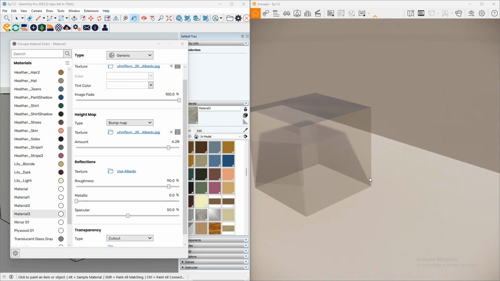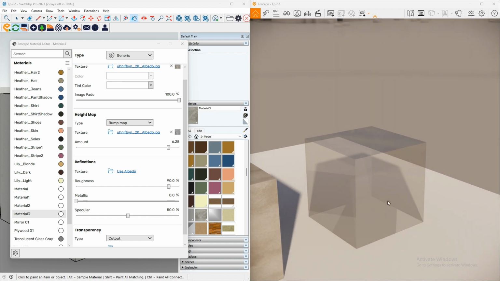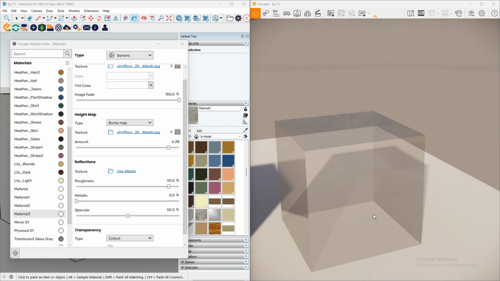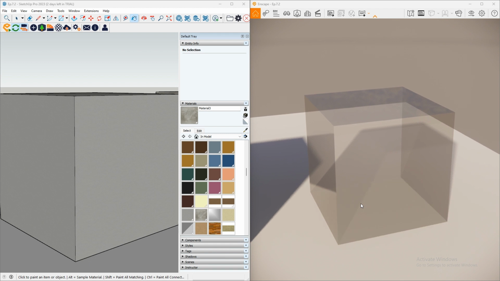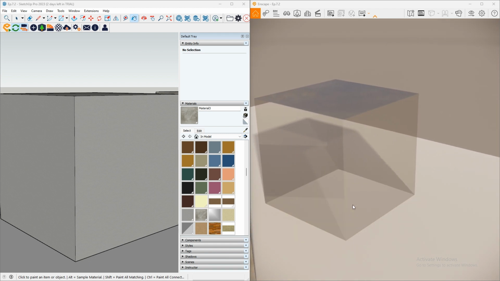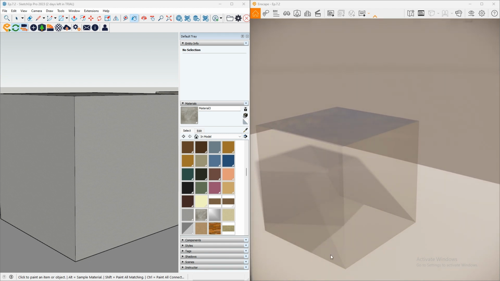And then finally, we have this glass texture here. Now, glass in Enscape is a bit tough, it's a bit strange. The reason for that is because, first of all, Enscape doesn't actually have its own plain glass texture. So for this, I'm actually using just SketchUp's inbuilt glass texture, which is just the translucent glass gray, which can